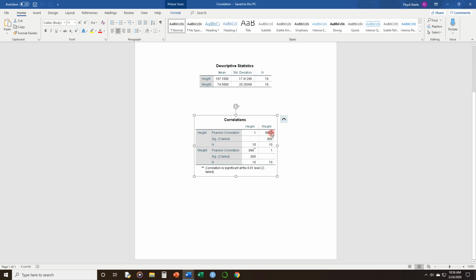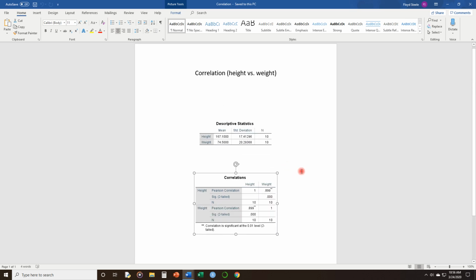Also, a cool thing about this is they'll give you these asterisks here, which are a quick way to tell you that there's a significant correlation between the two features. They'll tell you down here that the more asterisks you have, the more rigorous the alpha level they're setting. So it's just saying even if you had a more rigorous alpha level of 0.01, it would still be statistically